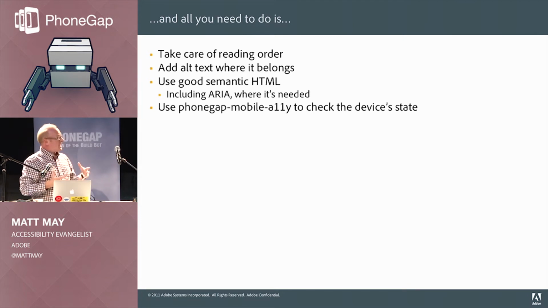So here's the one slide accessibility discussion. The one thing that's really important here is making sure that the reading order of the document is logical. If you are building an application in the style of, oh, let's just throw it up and we can just absolute position everything, it's going to be fine, what you're going to end up having is that the screen reader is going to read that HTML source sequentially. And if you're throwing things down at the end for dialog boxes, and then just leaving them there because you just hide them off the screen or things like that, you'll have some really weird side effects in the content of your document. So pay attention to that reading order.